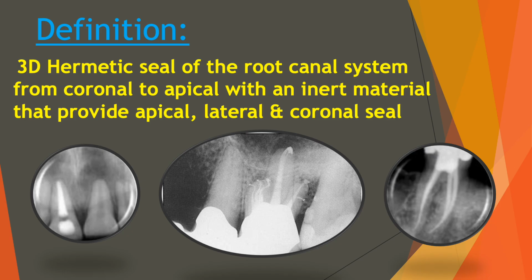From the coronal to the apical, from the coronal of the root canal to the apical part of the root canal, with inert material that provides apical, lateral and coronal seal. The most important thing in the obturation is the very, very good seal. If there is any spaces,